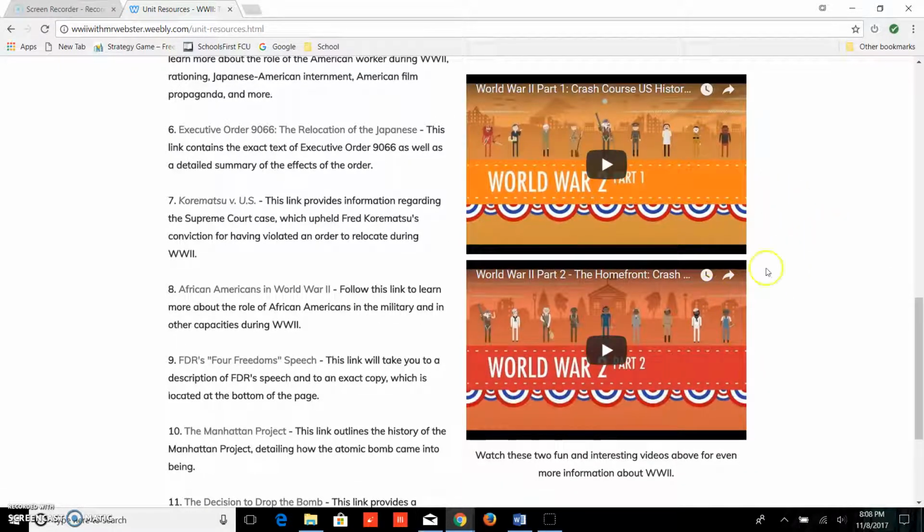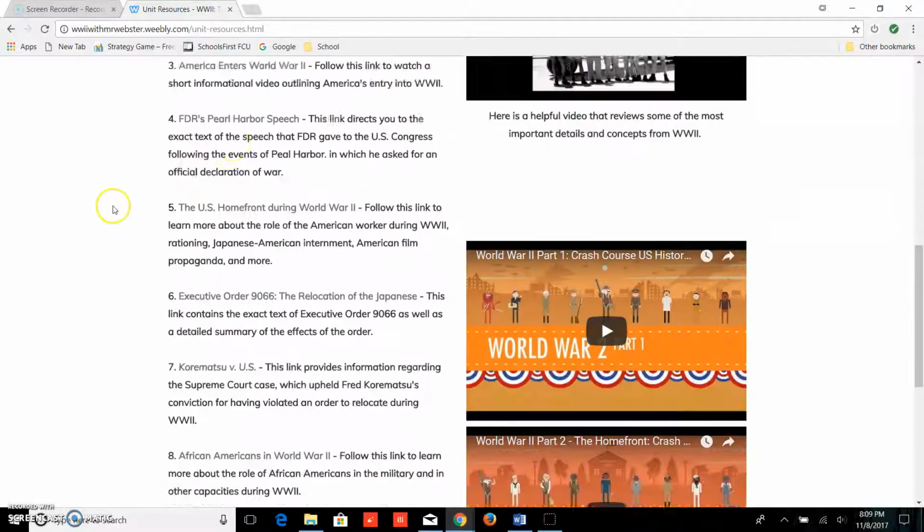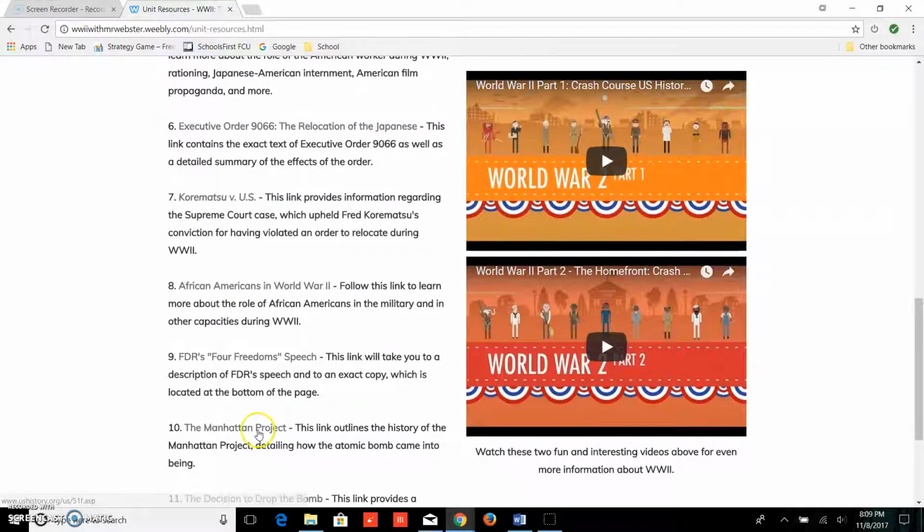They're about 10 to 15 minutes each. They give a broad overview, but it breaks it down and makes it very easy to understand. I also have a link right here, number 2, the U.S. and World War II from study.com, which provides them opportunities to take several multiple choice quizzes so they can test their knowledge, maybe practice before an exam, and then just a bunch of links which they can use to maybe incorporate